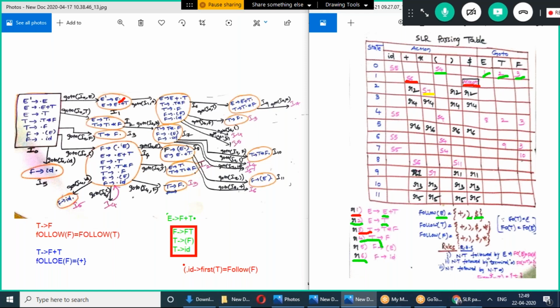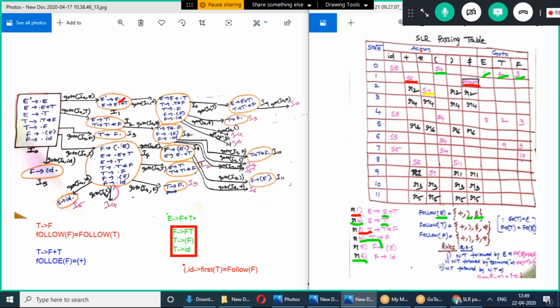Now I'll explain the table again. These are the states 0 to 11, and action and go to. In action we write the terminal symbols. In go to we write the non-terminal symbols. For the terminal symbols we add dollar, and from 0 whatever the go to operations are, we write all those up to 11. Those are the shifts in the action table, and in the go to table we just write the numeric values only.